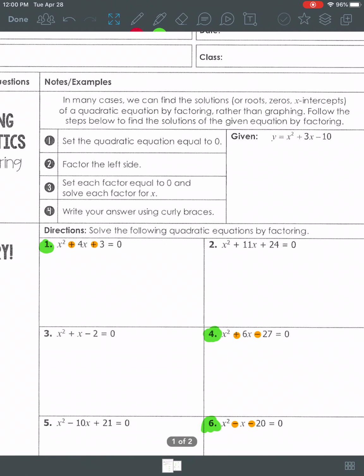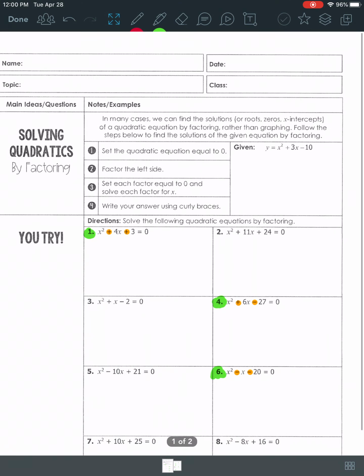Welcome back, Algebra students. This week I'm going to record actually two videos to kind of separate them. I'll tell you when we do this in class, I usually take 3 to 4 class periods on just this